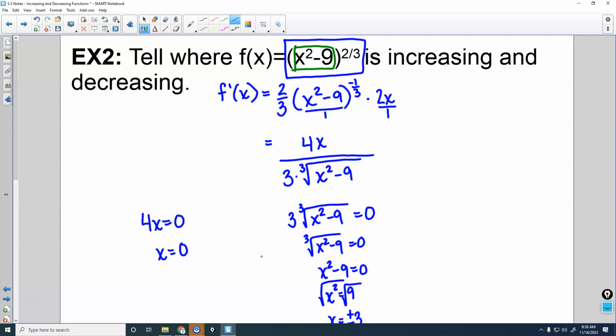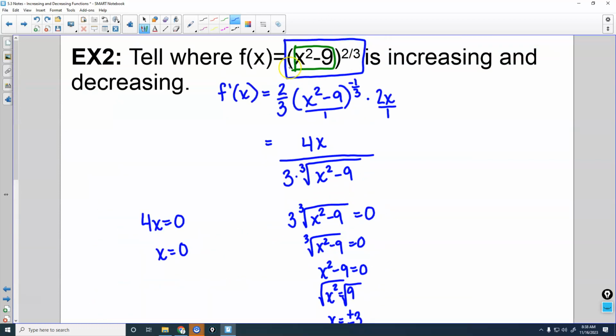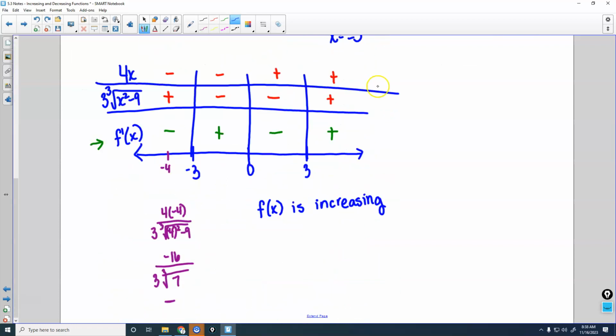Actually, I think we just only care about the original, so ignore what I just said. Because while they're not in the domain of the derivative, they are in the domain of the original, because the original does not have a denominator here. So we're okay. We don't need to worry about this. So use brackets unless it's parentheses, -3, 0, and